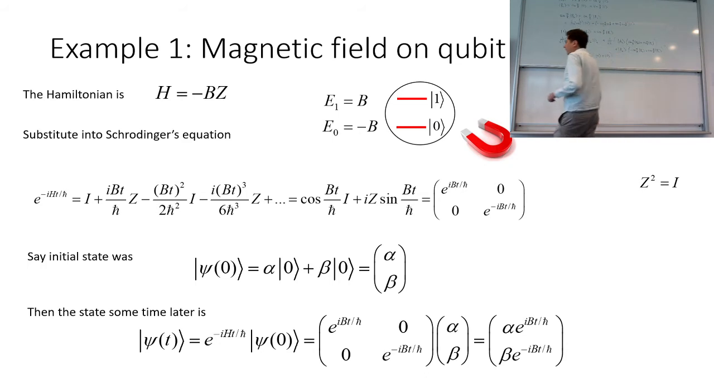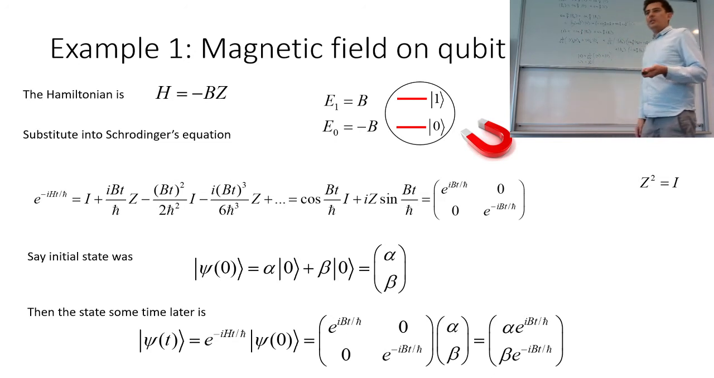Actually, for this first case, where the Hamiltonian was proportional to this Z matrix, and remember this Z matrix is this diagonal matrix, right? It's 1, minus 1 on the diagonal. So if it's a diagonal matrix, it's always easy. Even if the matrix was really big, it's always easy because